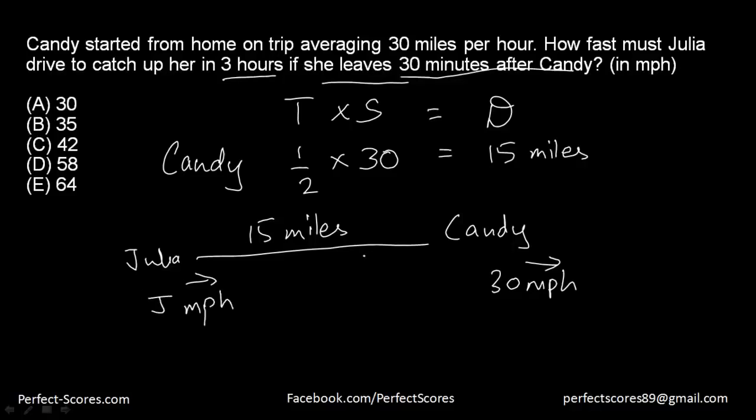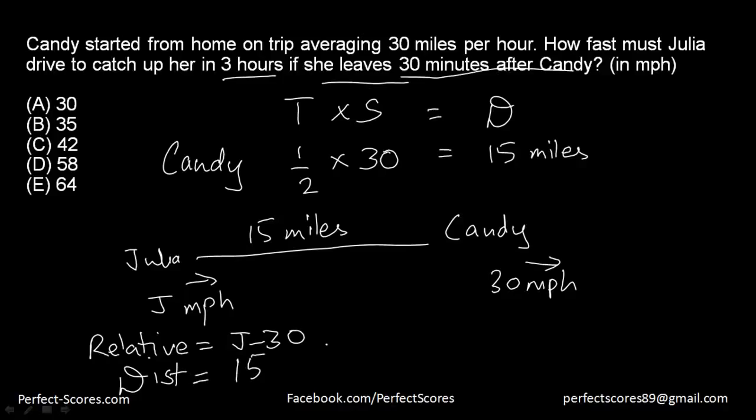and the distance between them is 15 miles. So the relative speed is going to be equal to, so what is the relative speed here? Since Julia has to catch up to Candy, Julia's speed has to be greater than Candy's speed, so that will be J minus 30, and the distance between them is 15 miles. So the time taken is distance divided by speed, which is 15 upon J minus 30, which is equal to